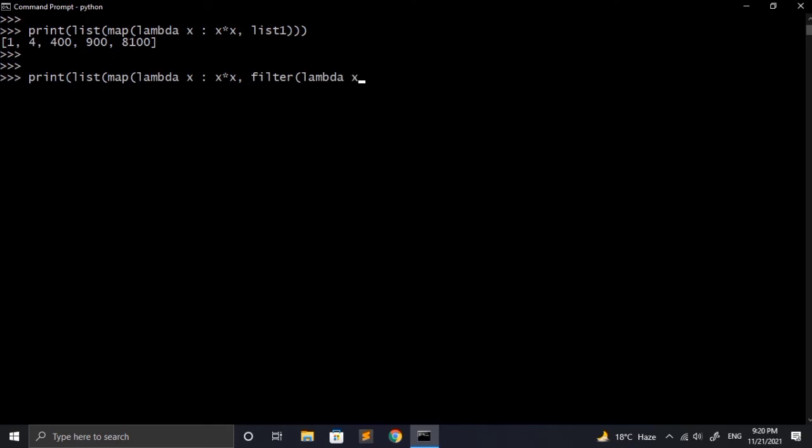We have already seen this type of thing in the previous video. For that we just write an expression, which is x modulo 2, and then compare it with 0. Finally we provide our iterable, so I am directly making a new iterable here, and after that we close all the parentheses. On executing, it will just return the square of even numbers.